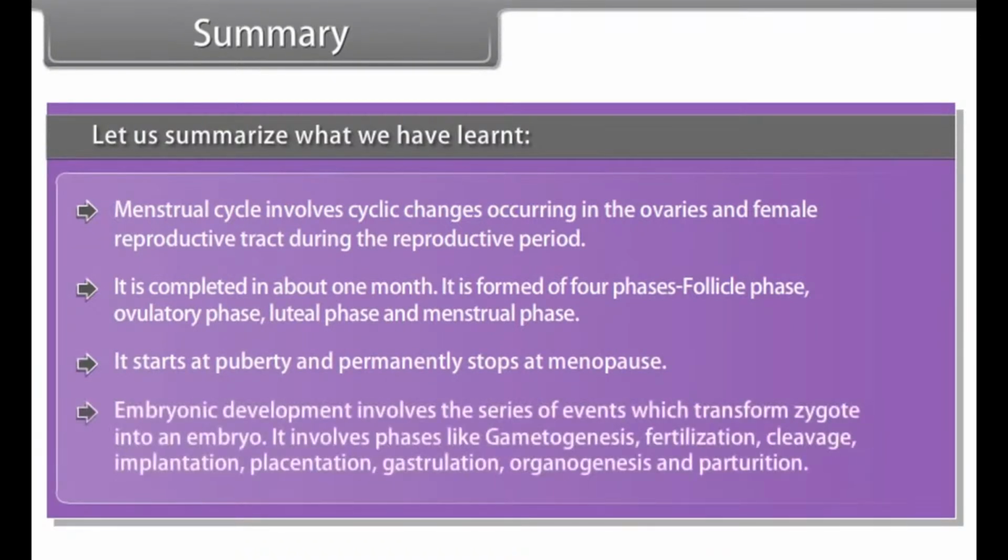Embryonic development involves the series of events which transform zygote into an embryo. It involves phases like gametogenesis, fertilization, cleavage, implantation, placentation, gastrulation, organogenesis, and